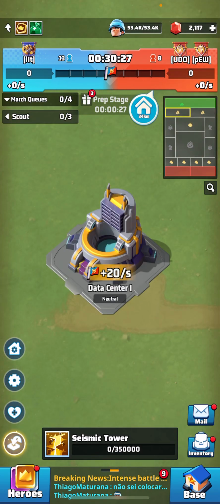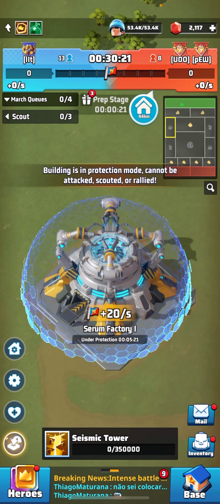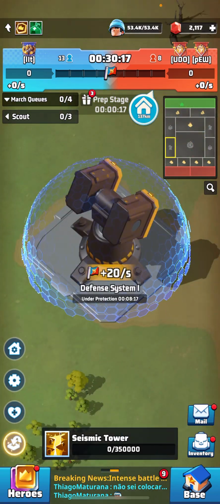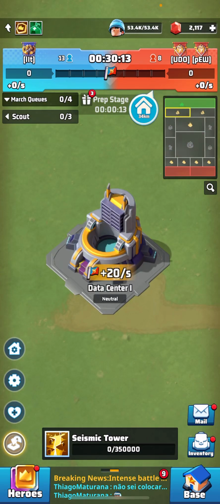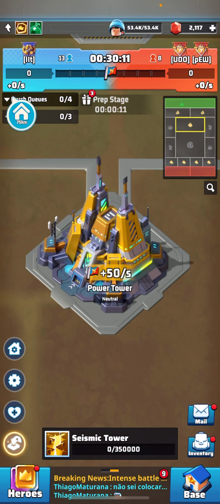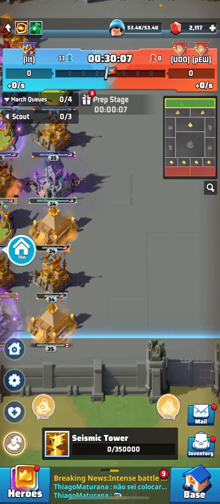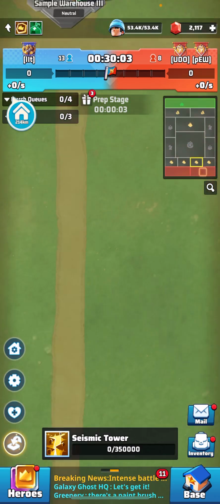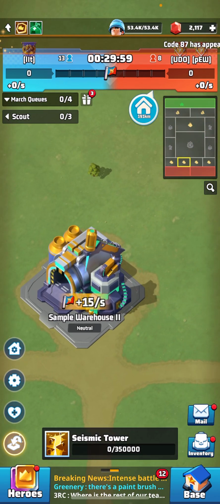Let's just take a look at the buildings here. We got 30 seconds left. So we got the data center there. We got the serum factory, which you have to wait 5 minutes before that opens up. So these two don't open up right away. This, and these four at the bottom, these are the ones going to be opening right away. So we got pretty good numbers early on. So that's always good. It's 13 versus 8, and they got two teams. So I'm going to go ahead and